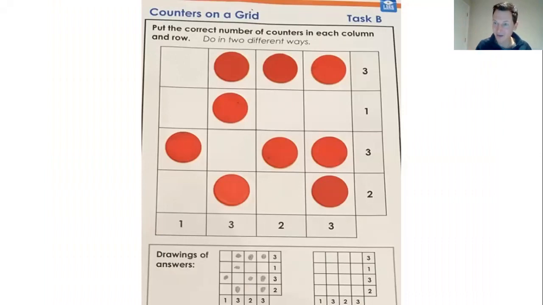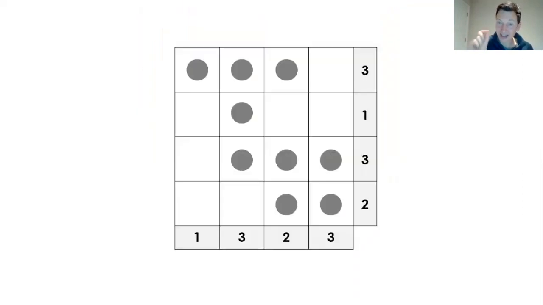the format, the layout of the task, and they can actually focus on the underlying thinking here, positioning the right number of counters in each column and each row. Multiple possible answers, children finding ways. We asked children, for example, how many counters on the grid in total and how do you know? And then we unpick some of the likely misconceptions or mistakes that they have, or how they can build from